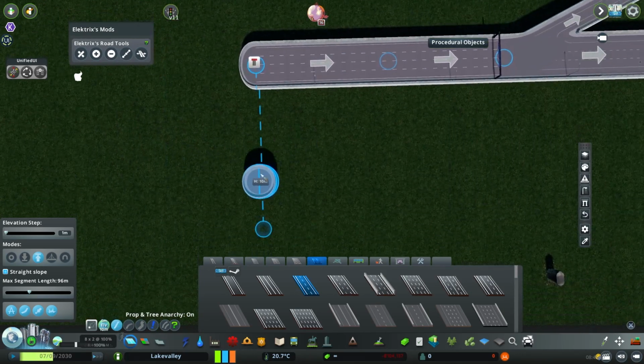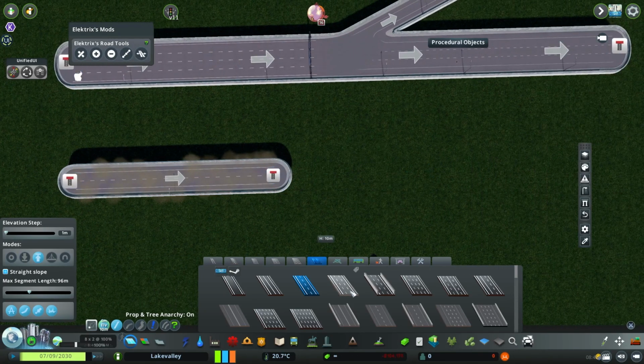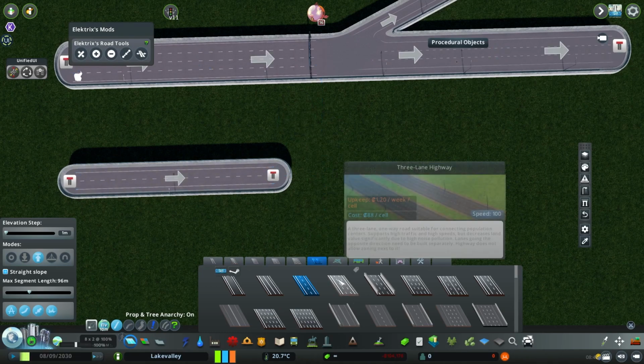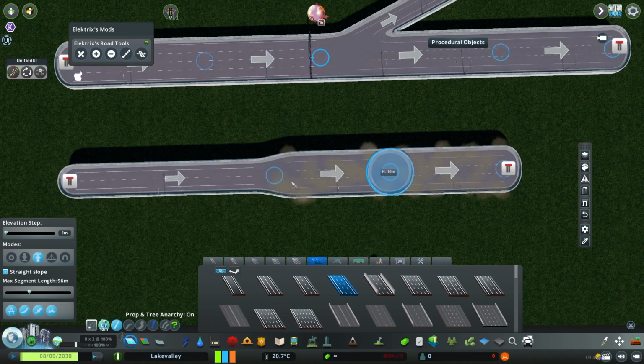That was weird. It did not work, but I can still show you this. I'm sure that would work for you. If it doesn't, you can just reinstall the mod specific for the road that you're trying to use, but that usually shouldn't happen. Anyways, see here, this is a proper